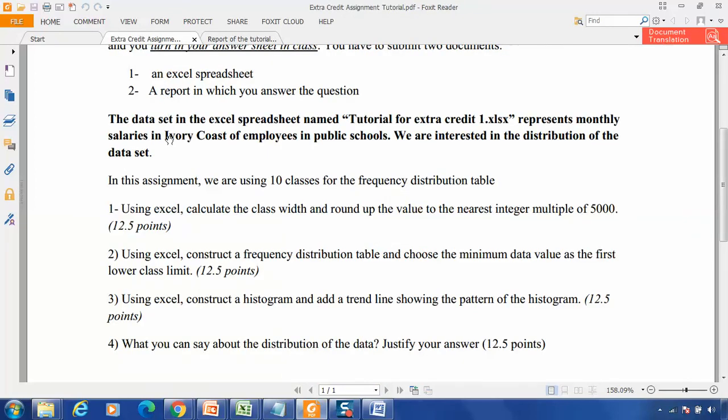Question number 2, using Excel, construct a frequency distribution table. Choose the minimum value, choose the minimum data